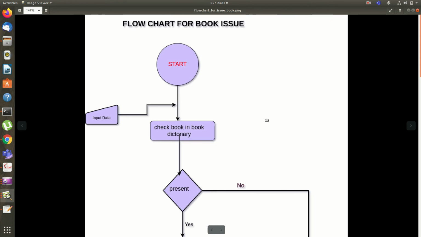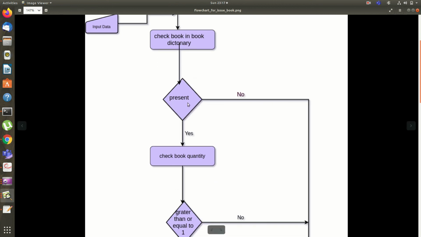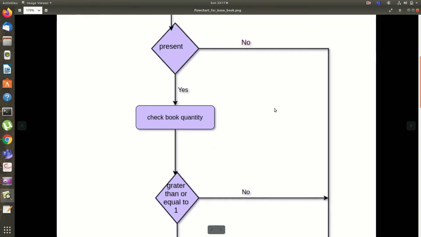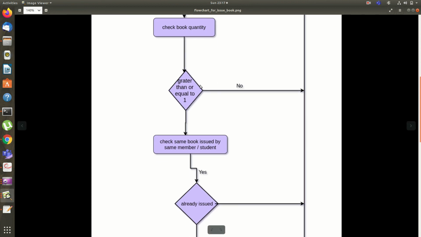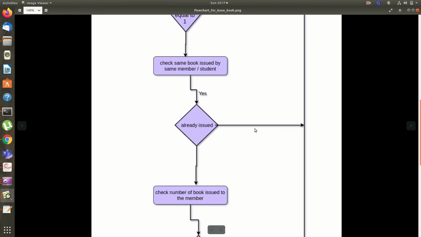First, as input data we give the book name, then check the book in the book dictionary. If present, check that the book quantity is greater than or equal to 1. If yes, check whether the same book was already issued by the student; if yes, display already issued.